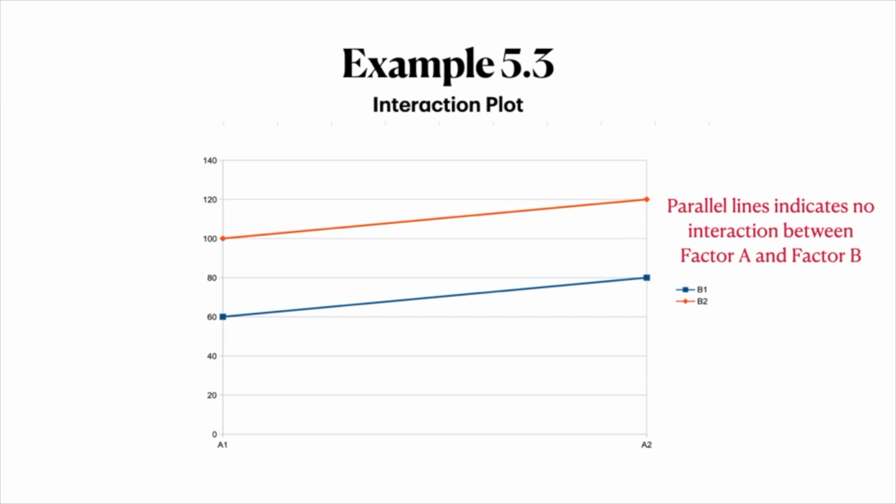Remember that the interaction plot is a graphical way of determining whether an interaction exists between two factors when we plot the values of the treatment means. And again, in this example, along with examples 5.2 and 5.1, we are pretending that we know the actual treatment combination means. All right, and so in this idealistic situation, we can look at the plot and determine whether